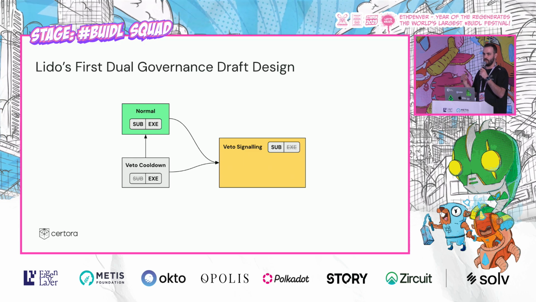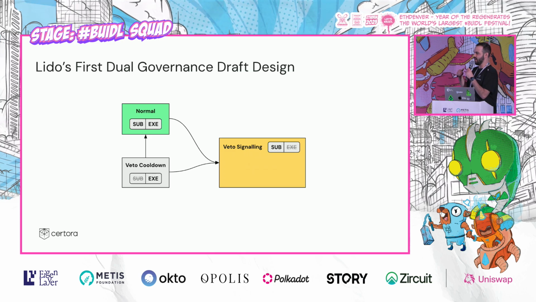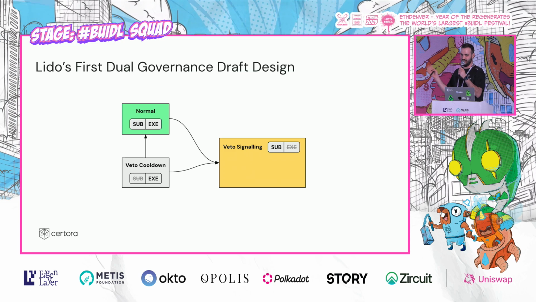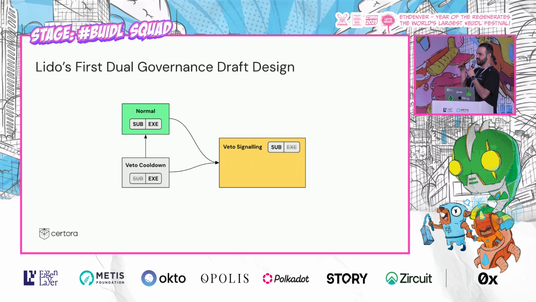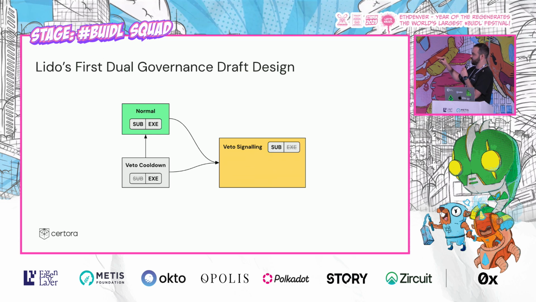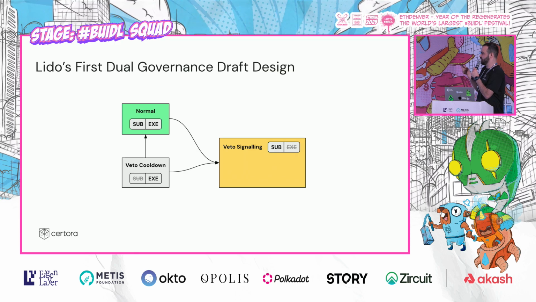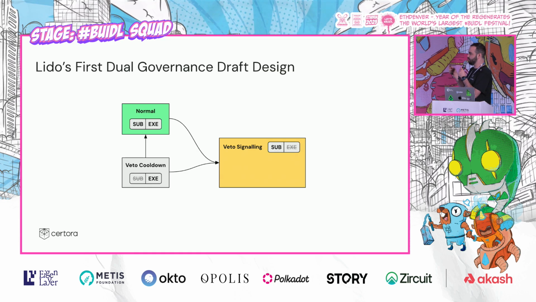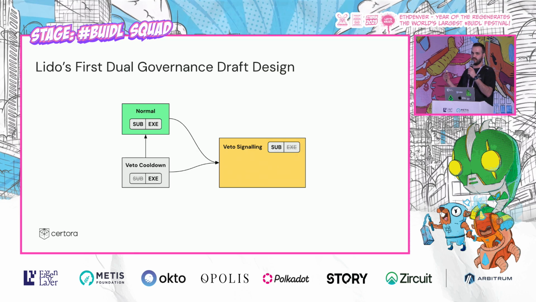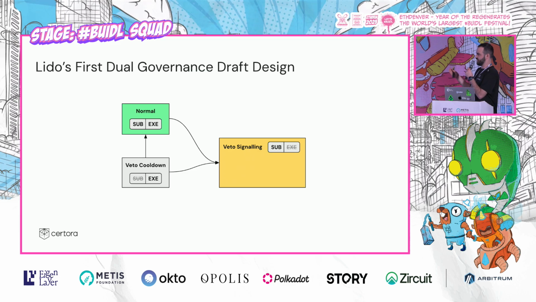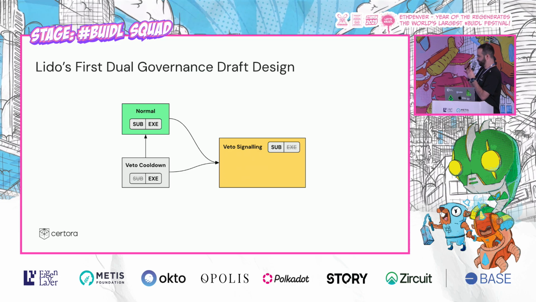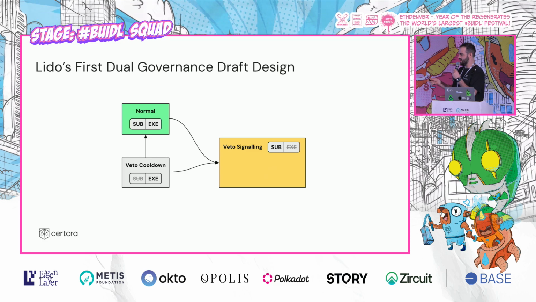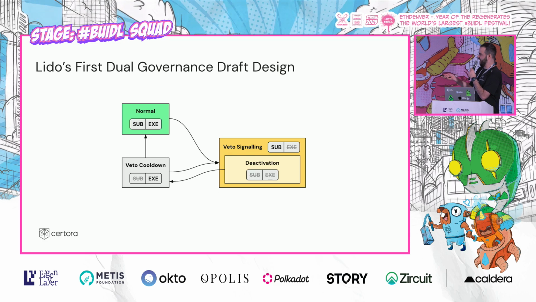We need to lock 1% of stETH, which is $300 million, which is a lot, I know, into the escrow contract. Once we reach this threshold, we transfer into this state, and in it, we need to continue depositing more and more stETH until we reach a threshold of 10% of stETH after 45 days. And if we fail to do it, then we revert to the deactivation phase.